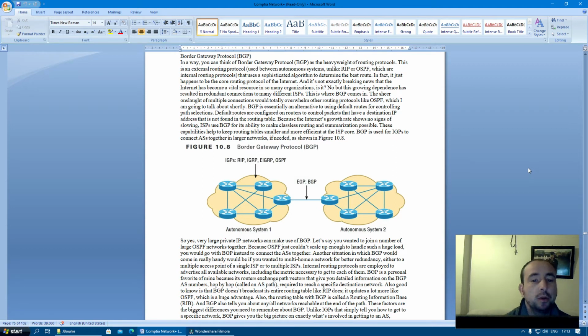BGP, Border Gateway Protocol. In a way, you can think of Border Gateway Protocol, BGP, as the heavyweight of routing protocols. This is an external routing protocol used between autonomous systems, unlike Routing Information Protocol and Open Shortest Path First, which are internal routing protocols. It uses a sophisticated algorithm to determine the best route. In fact, it just happens to be the core routing protocol of the internet,